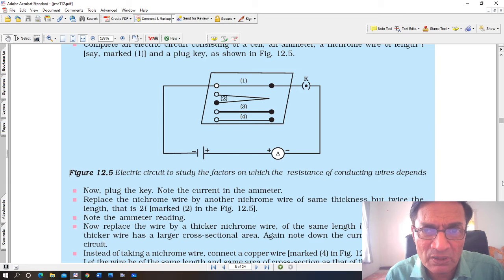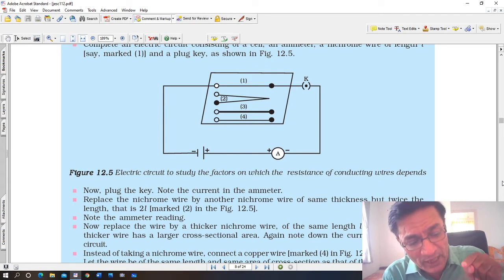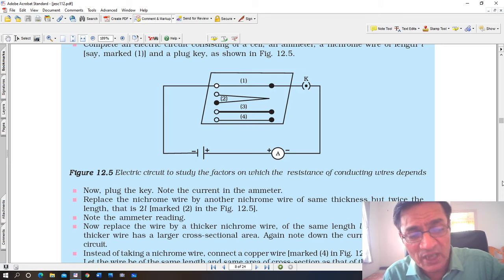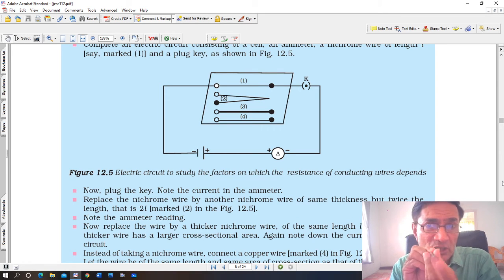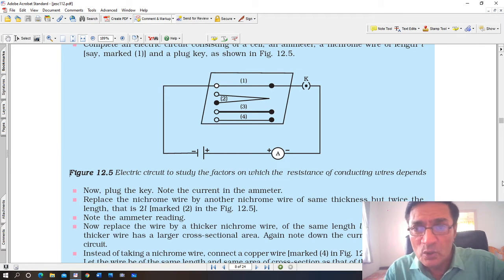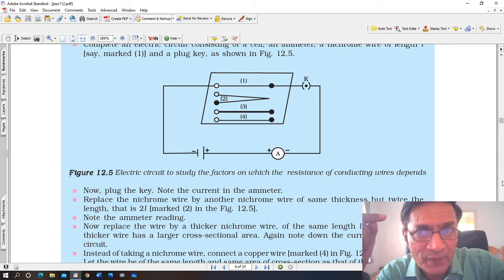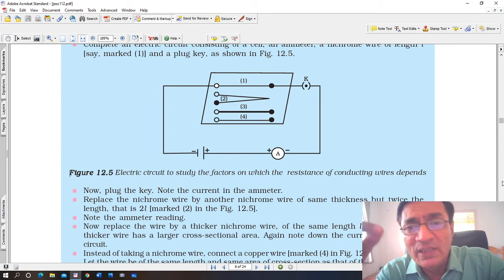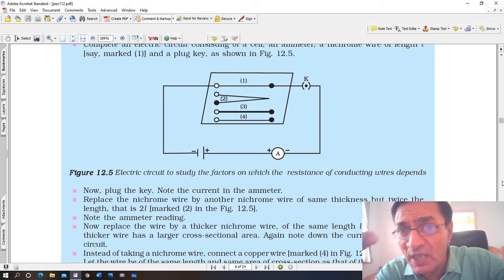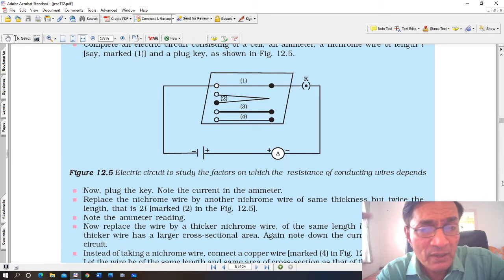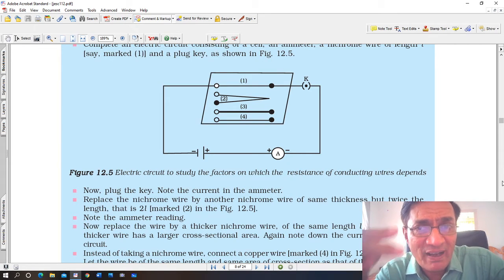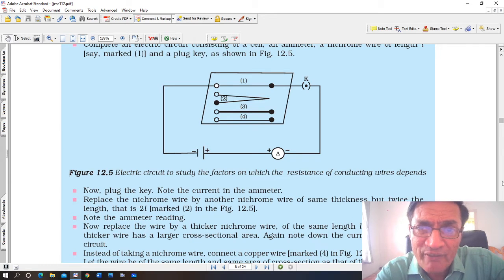Similarly, thicker the wire, that means the area of cross section is more. In the case of the pen, the area of cross section is more than the pencil. You can see. So if the area of cross section is more, that means if it is thicker, then the resistance is low and the current will be high. Alright, so these are 2 major factors affecting the flow of current, or affecting